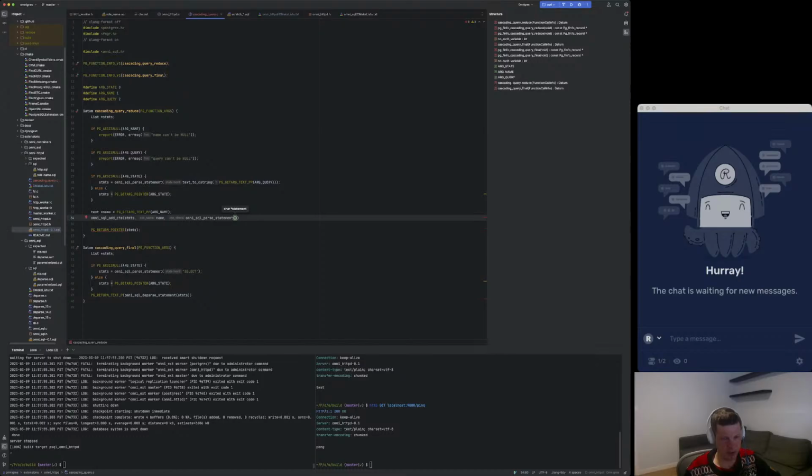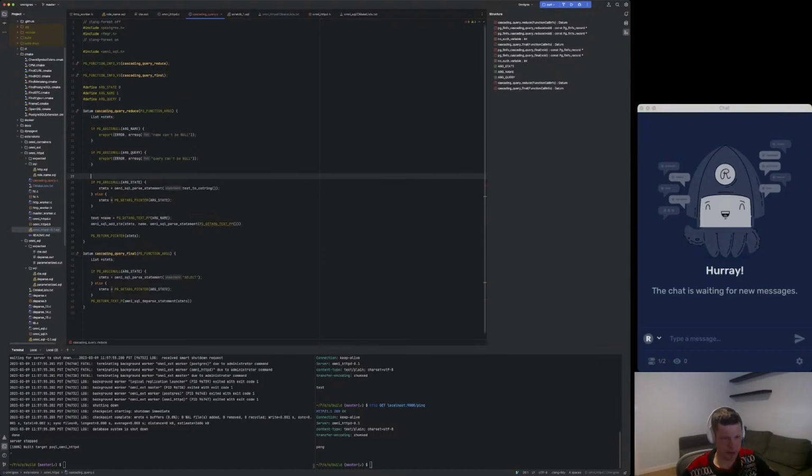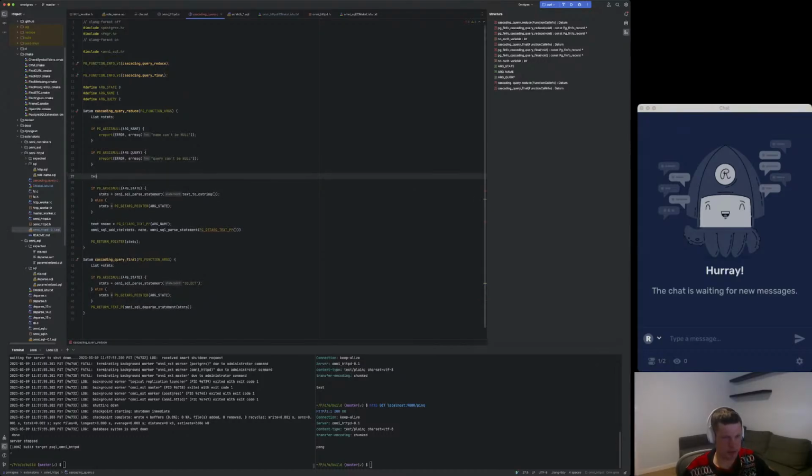So that would be PG get arg text. We already actually got it here. So let's extract this. Text query here, and we can just insert this query here. And then we don't need the whole macro here anymore. We can just insert query,